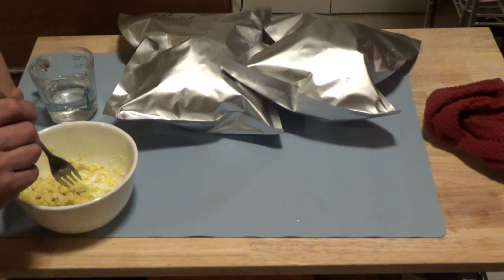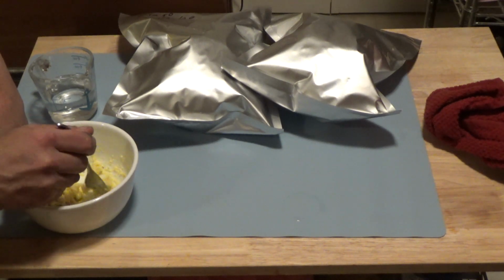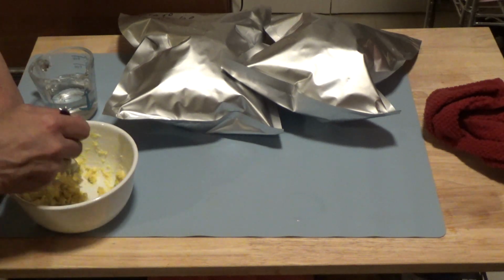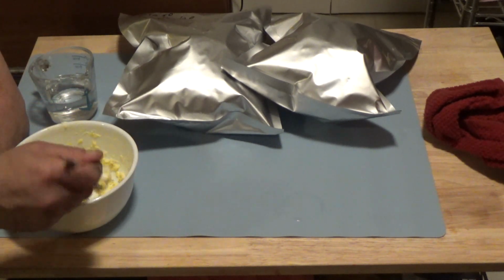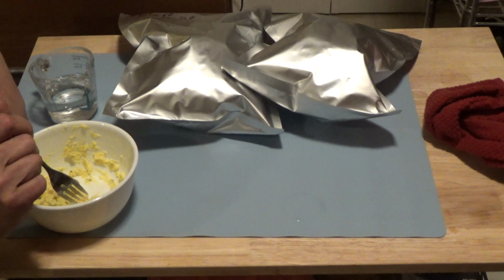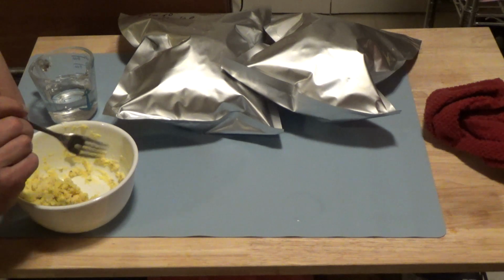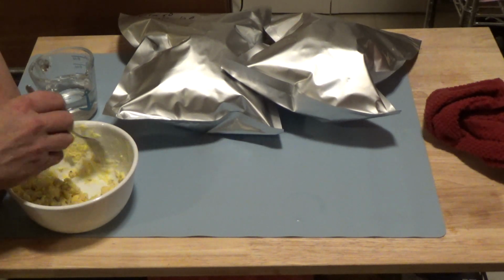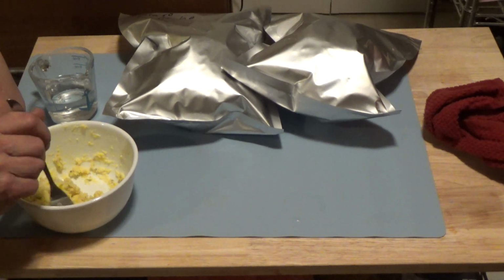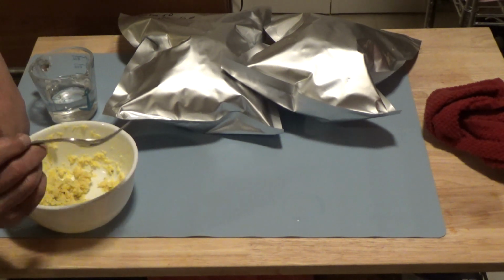Man, that is really good. Oh my gosh. You sure, John, you didn't make this with mayonnaise? No, I used cream cheese, John. This is really good. The onions that I put in here are the only thing that haven't 100% rehydrated. Because I can taste a little bit of a chew to the onions. But man,